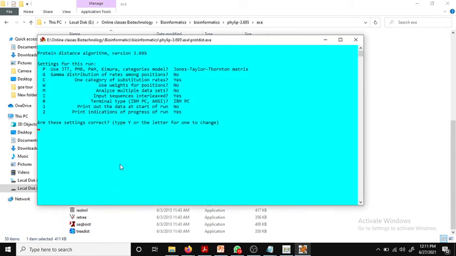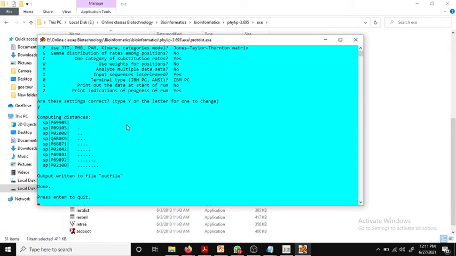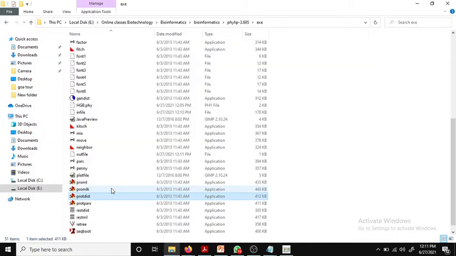I'll open ProDist. Can you see ProDist has accepted our in file, which is already there? The algorithm actually accepts what is there in the folder. So we are accepting it. We'll press Y. Can you see? Once you press Y, again the sequence has been aligned properly, and based on that a distance matrix has been generated. Again press enter to quit. You can see now again an out file will be produced.